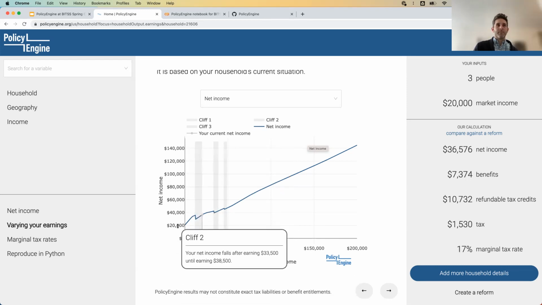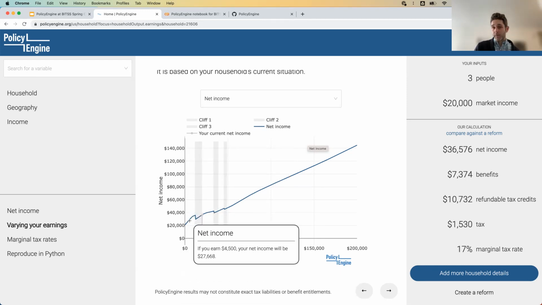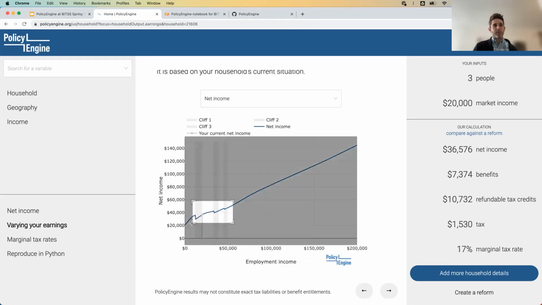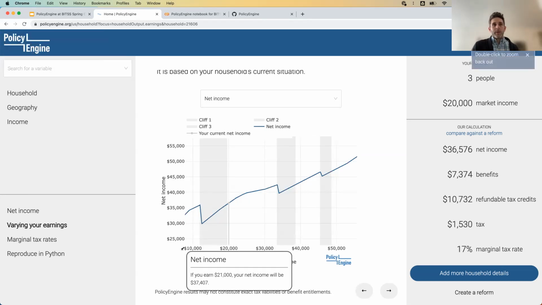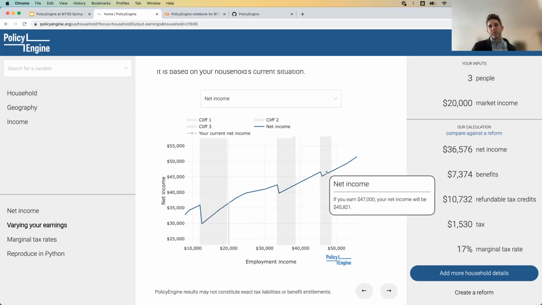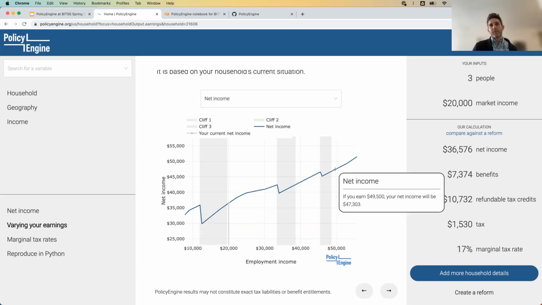So as net income rises, it rises pretty quickly at the bottom. So a lot of these programs actually phase in, for example, the tax credits. So you have effectively negative marginal tax rates, which we'll see in a moment. But after that, you can zoom in here. We can see that going from about $12,000 of earnings up to, let's see, $50,000, they're only gaining about $12,000 of net income. So that's roughly a 70% average marginal tax rate over a pretty wide earnings range.